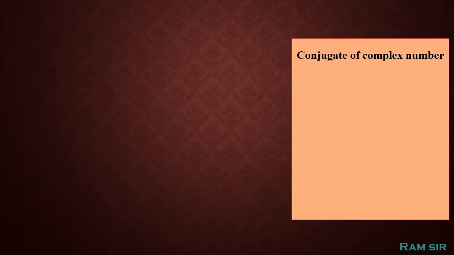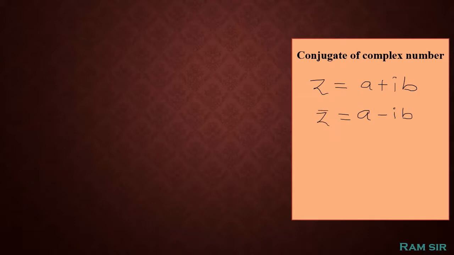Understand, if you have any complex number, कोई भी एक complex number लिख रहे हैं, तो generally I am writing the standard form a plus ib. So what will you write as the conjugate of a complex number? Always change the sign of the imaginary part, don't change the sign of the real part. The term which we get after changing the sign of the imaginary part is called the conjugate of the given complex number, and it is denoted by Z bar.